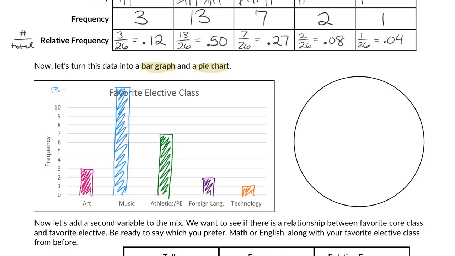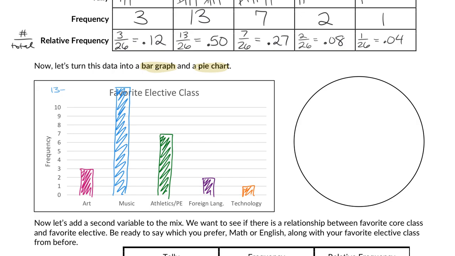Some commentary on this while you're coloring, because y'all know my ability as an artist. These are not technically the same width. Actually, they're pretty good for me. But when we are creating a histogram or a bar chart, you want to make sure that the widths of your columns are always the same width. So if I was doing this for like my final project to show a really good graph, I would actually measure to make sure they're all the same width. You don't want to mislead the people reading your graph. If one is wider than the other, it looks like more people responded because more of that color has shown up, but you're not trying to tell me that. The height is determining the frequency, not the width, so we want to keep the width consistent. My ability to draw is not that good though, so we get what we get.